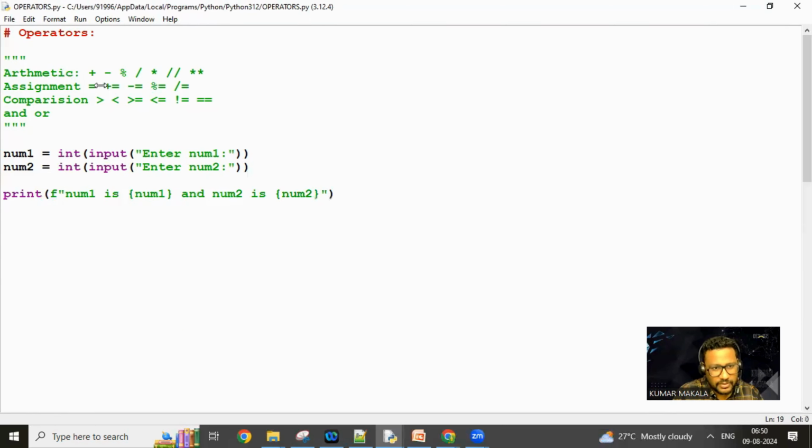And when it comes to the assignment operator, equality is fine. Whatever the right side value is will be assigned to the variable defined on the left side. Whatever value we are entering, that value is assigned to the left side variable. Correct? Fine. And when it comes to the other way, like plus equal to, minus equal to, this is a bit tricky, but it's very easy. I'll tell you. Here, if you do number 1 plus equal to, let's say 2 or 3, it's very easy. See, number 1 plus equal to 3 means what it does in the background: number 1 equal to number 1